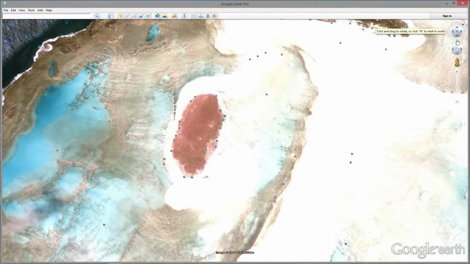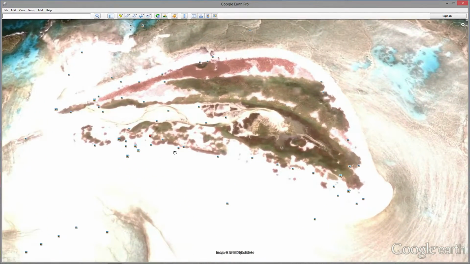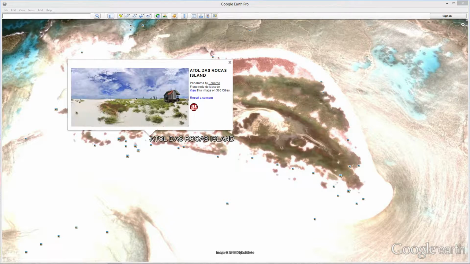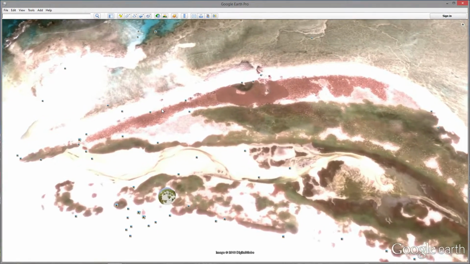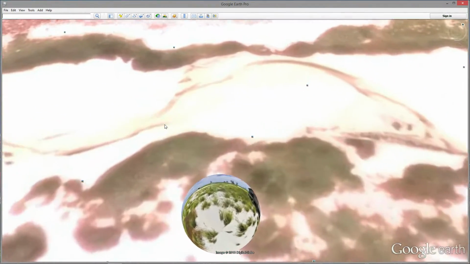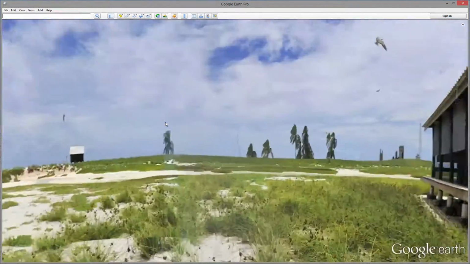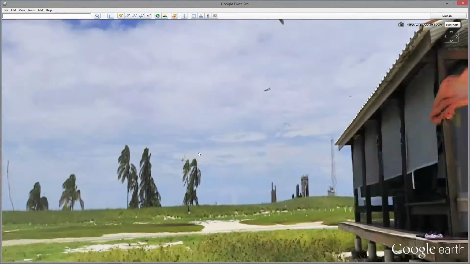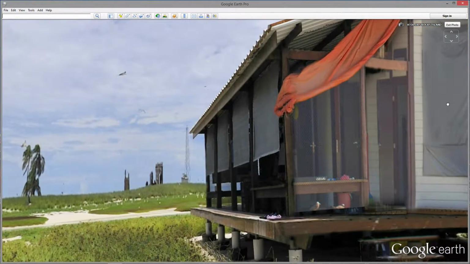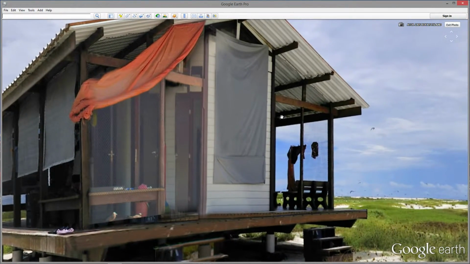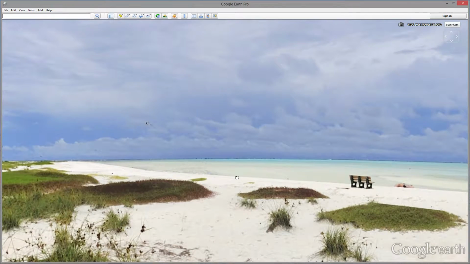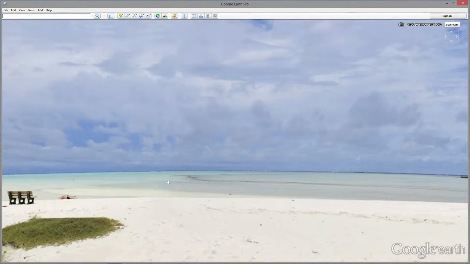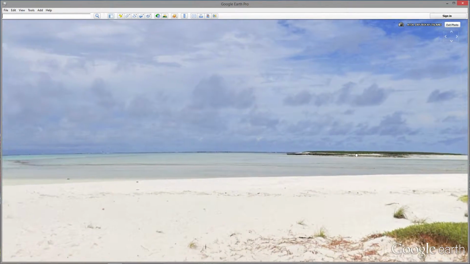Come on. Oh, look at this. So actually we do have sand. What do we got? A landmass up here? Alright, perfect. Let's see what this looks like. Boom. Got a little hut. Look at this. This is crazy. And then right to the water.